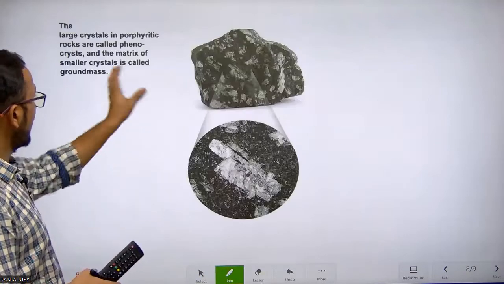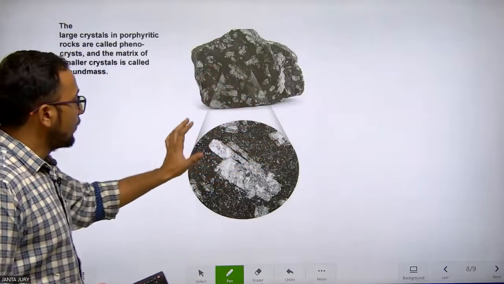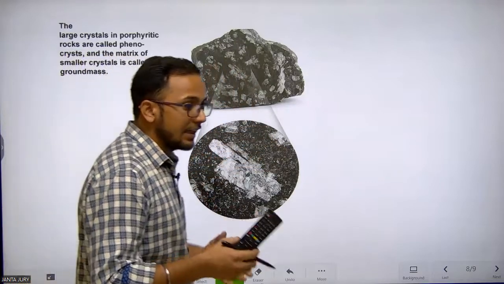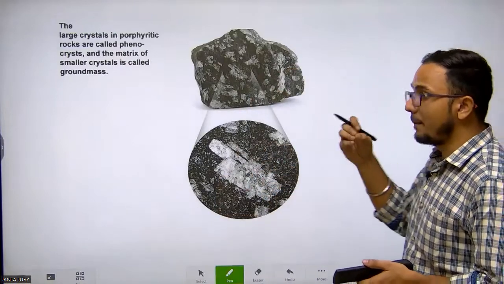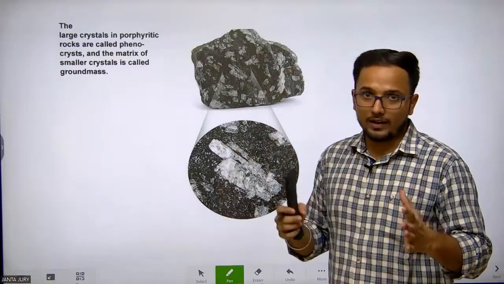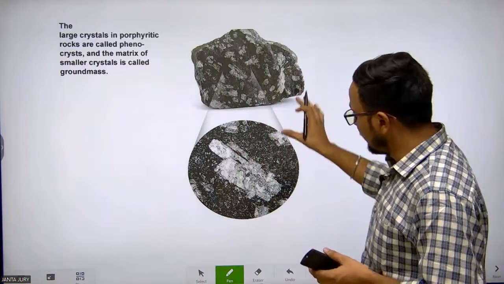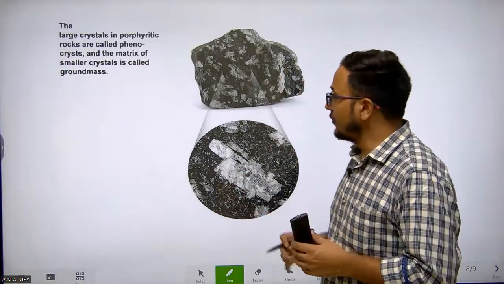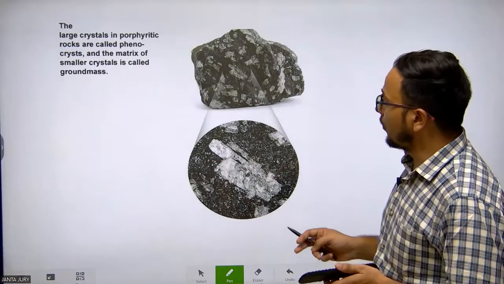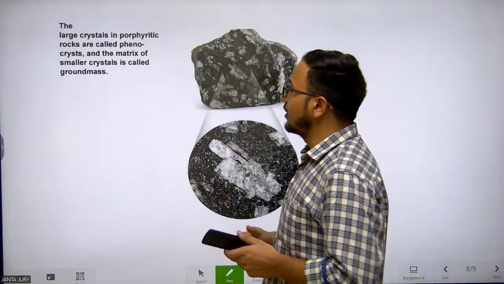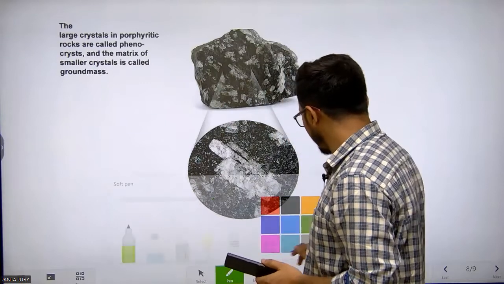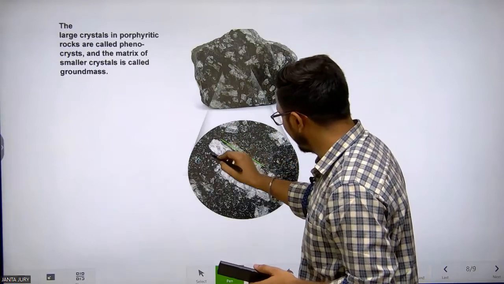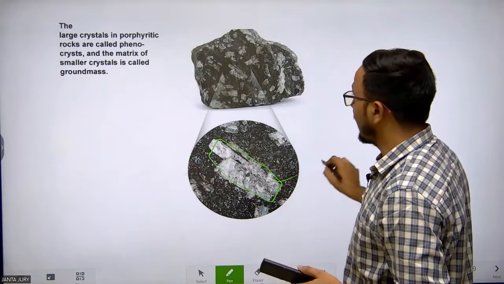Now look at the depiction of how porphyritic texture looks, because until we see the diagram of the rock, we will not be able to understand and imagine what porphyritic textures are. So in this diagram you can imagine what porphyritic textures are. The large crystals in porphyritic rocks are called